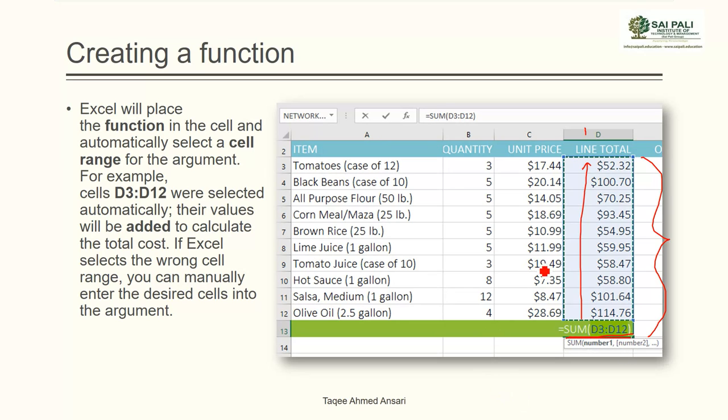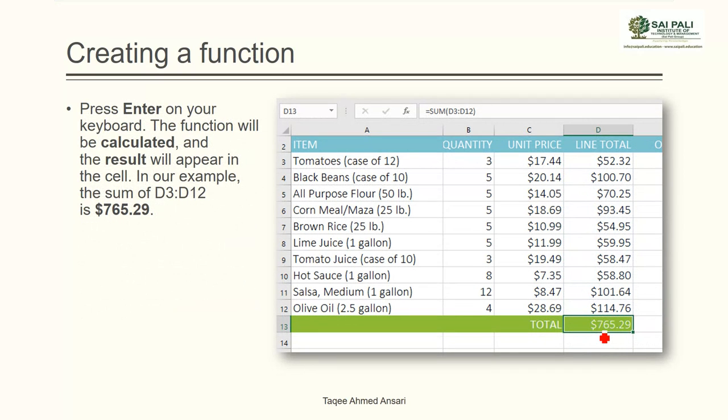So we don't have to select the range when we use the AutoSum command. Then you just press Enter and the function is added. It calculates and you see the result in the cell, and the formula and function in the formula bar.